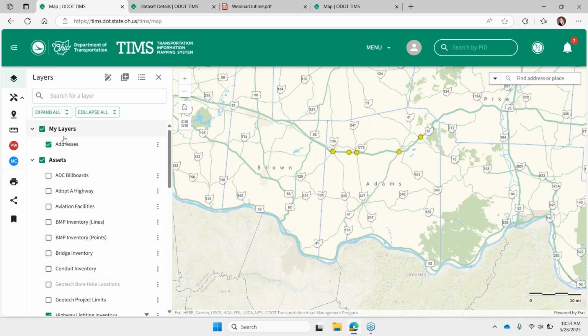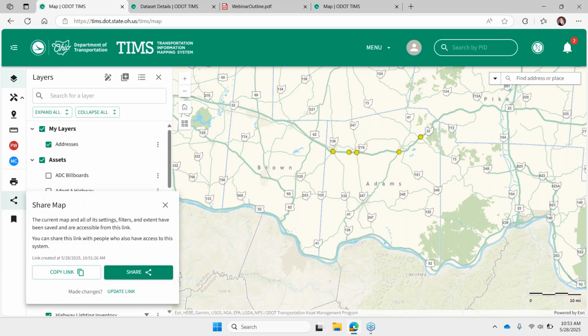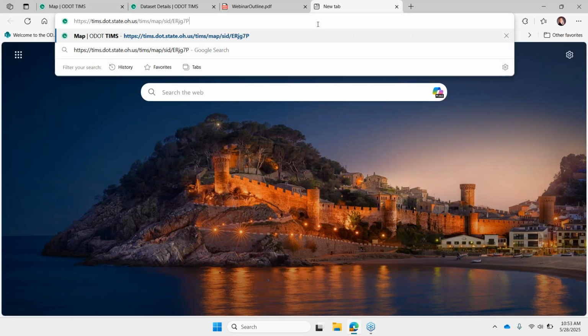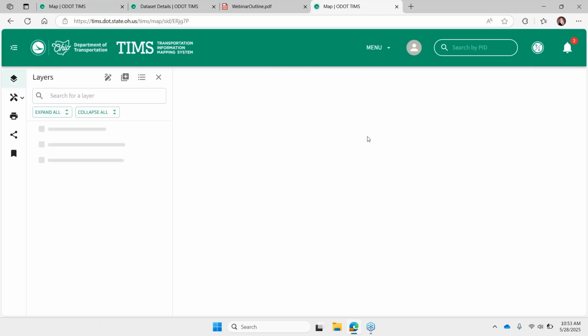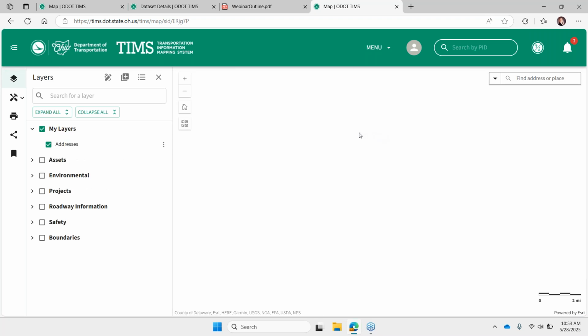I have my own data added, right? I'll update that link. And we'll see it's going to bring back all of those details. So a super powerful way to save your areas of interest, to communicate with your colleagues.